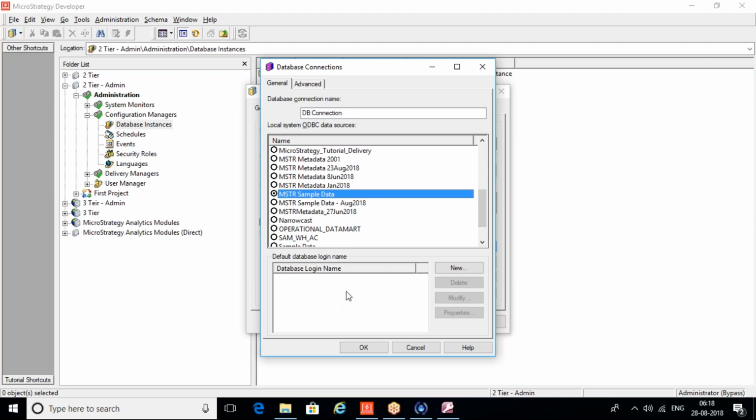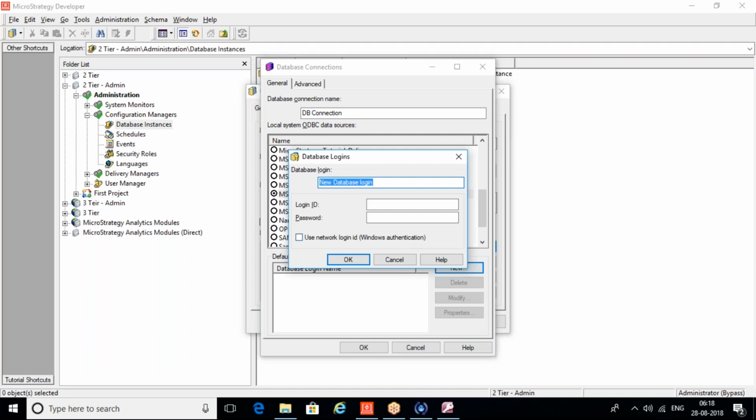And in the below section you have to add the credentials. So when you click on new, you can see it's asking for the login ID and password. So whatever ID and password that you specify over here will always be used whenever they open a connection to the database. Okay, so I'm using Microsoft Access, right? So I can just write